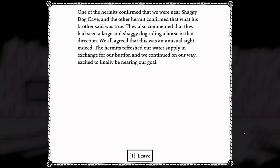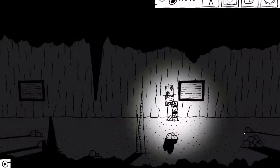One of the hermits confirmed that we were near Shaggy Dog Cave, and the other hermit confirmed that what his brother said was true. They also commented that they had seen a large and shaggy dog riding a horse in that direction. We all agreed this was an unusual sight indeed. The hermits refreshed our water supply in exchange for our butter, and we continued on our way, excited to be nearing our goal. Speaking of refreshing water supply...